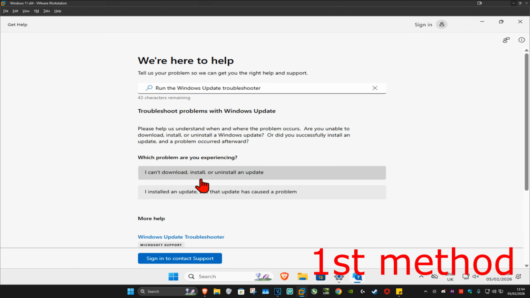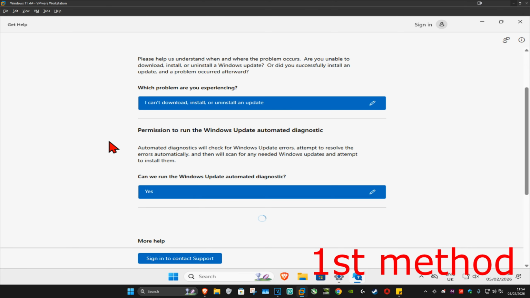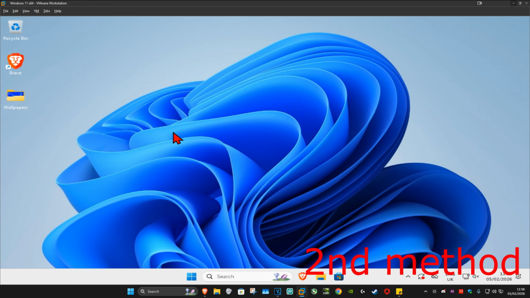You want to click on I can't download, install, or uninstall an update. And then click on yes to run the Windows Update diagnostics. Just wait for this to load. If it finds anything, it will try to fix it for you. See if that works. If that's still not working, then for the next method, you want to go to search